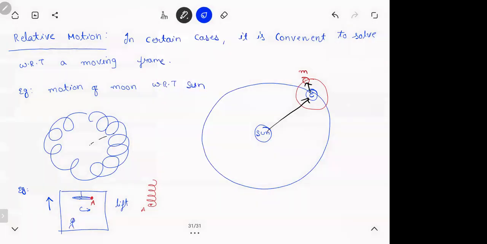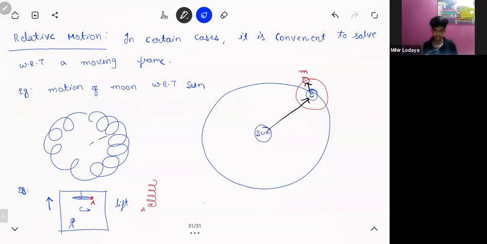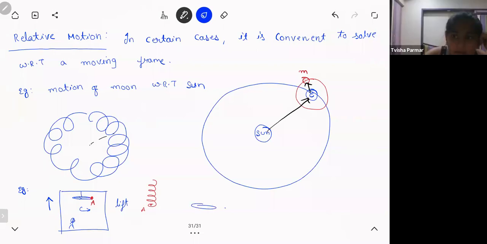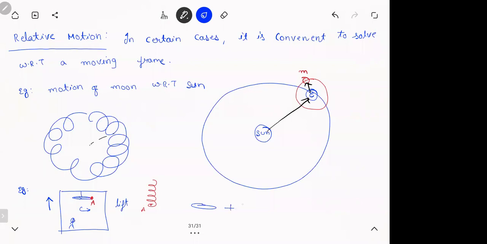But in reality, if you stand inside the lift, and if you ask this person, how is A going? What will he say? If you're standing inside the lift and if you see the fan, how does it go? A circle? Spiral? The entire combination is a spiral. If you're standing inside the lift, you will think it's a circle only. And the lift is going in a straight line. This combination is a spiral.